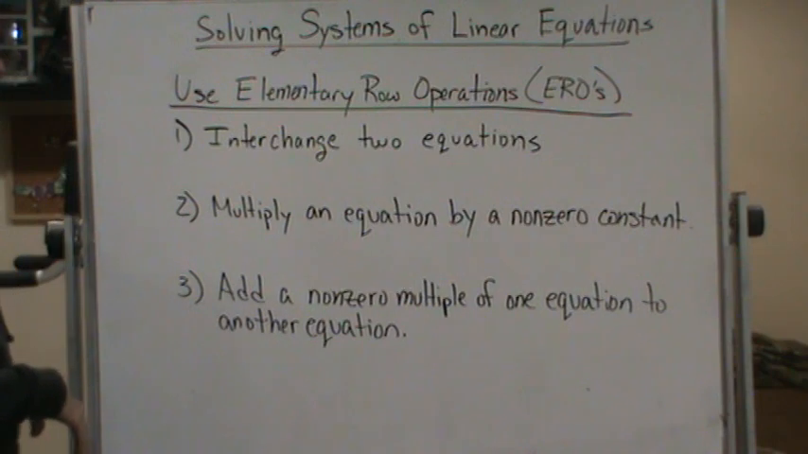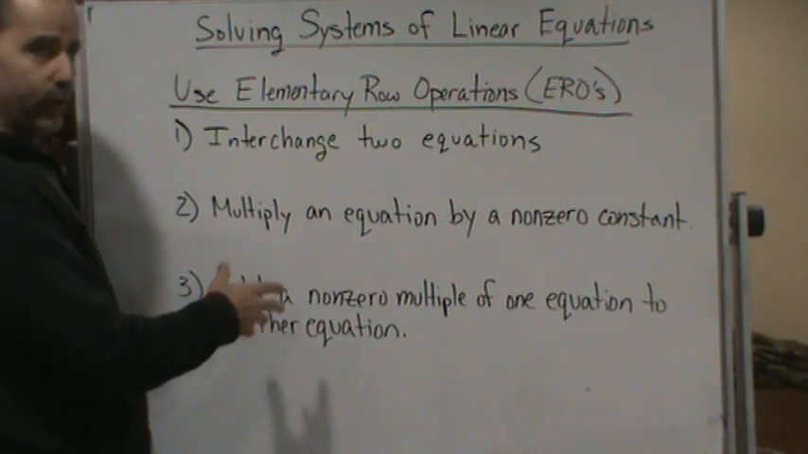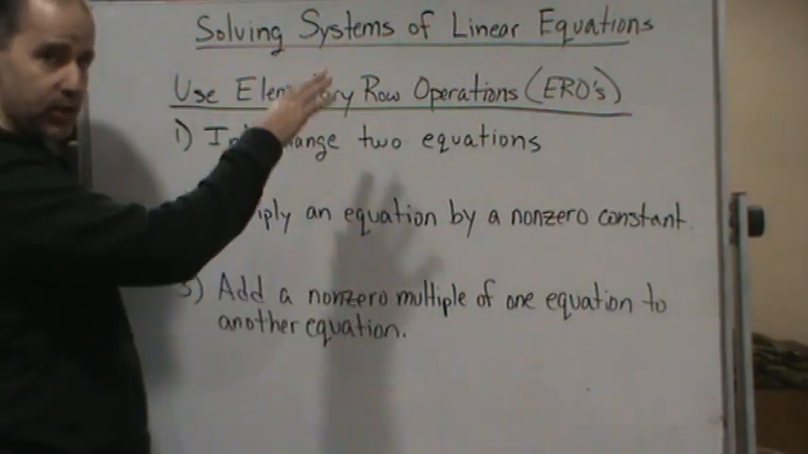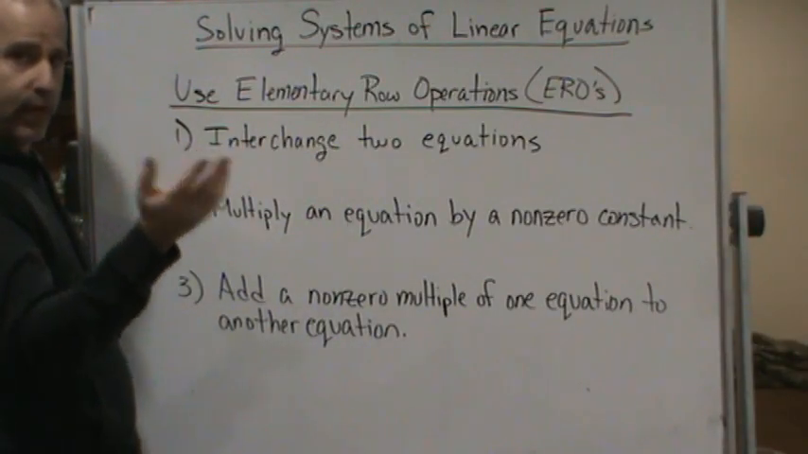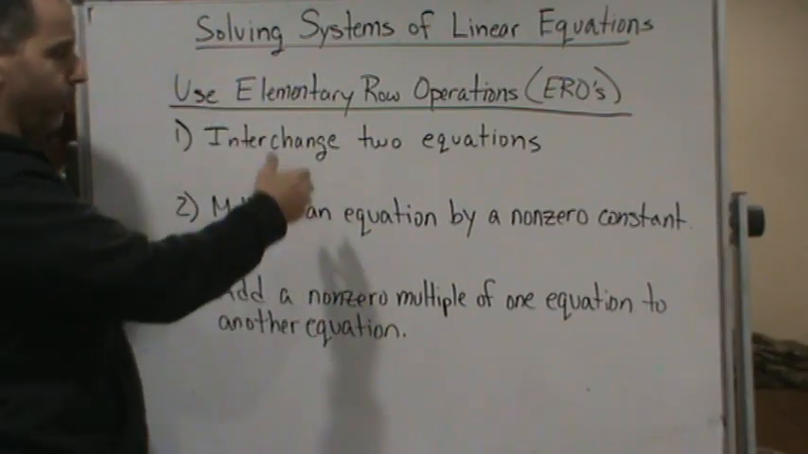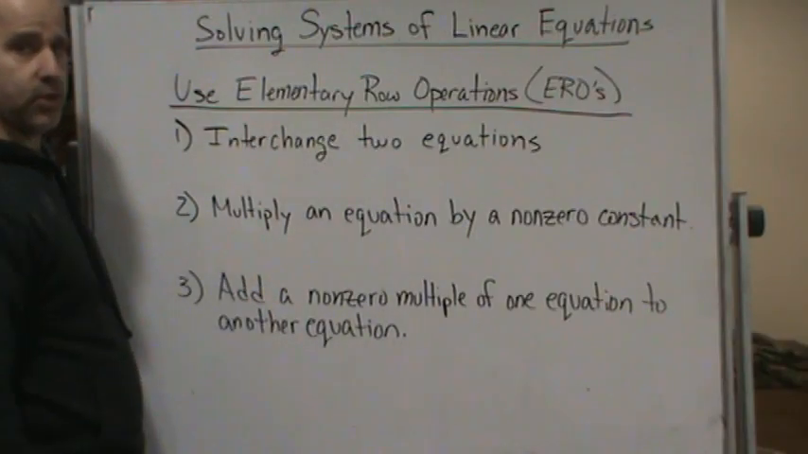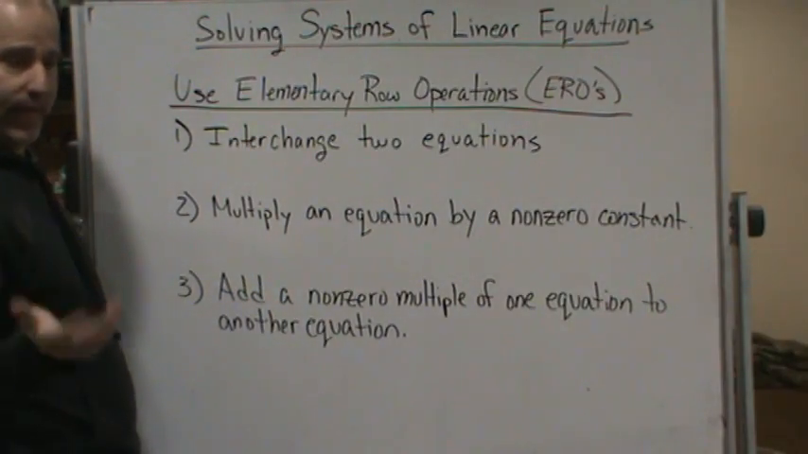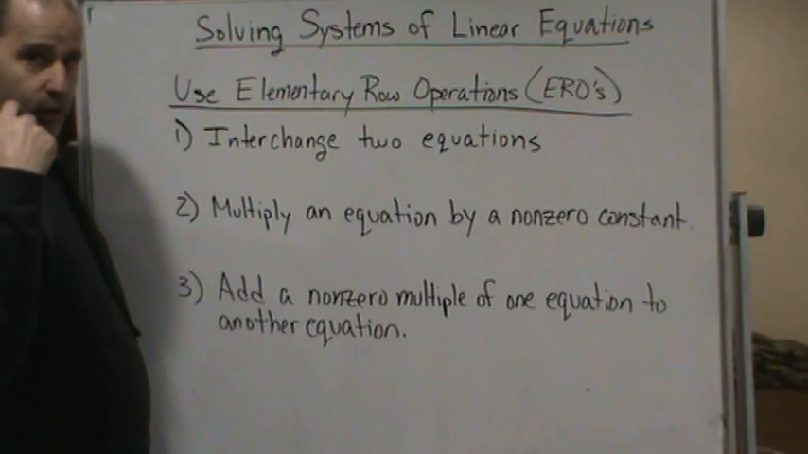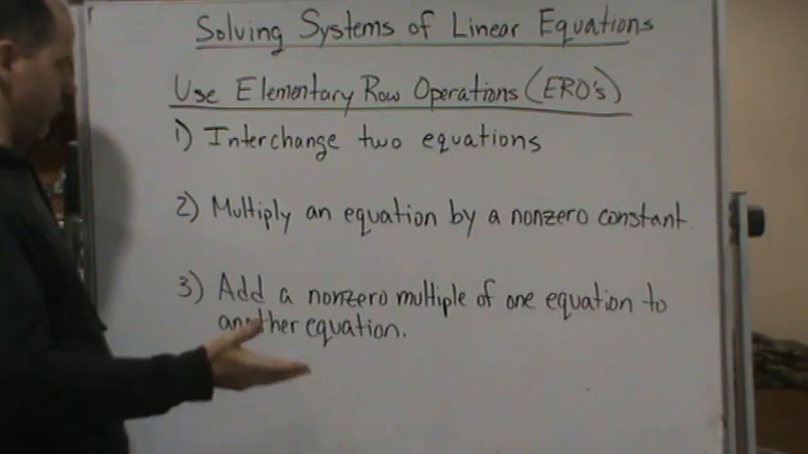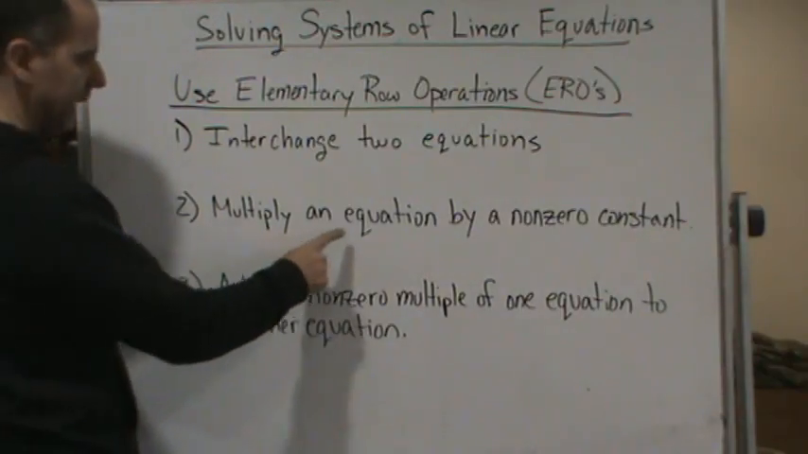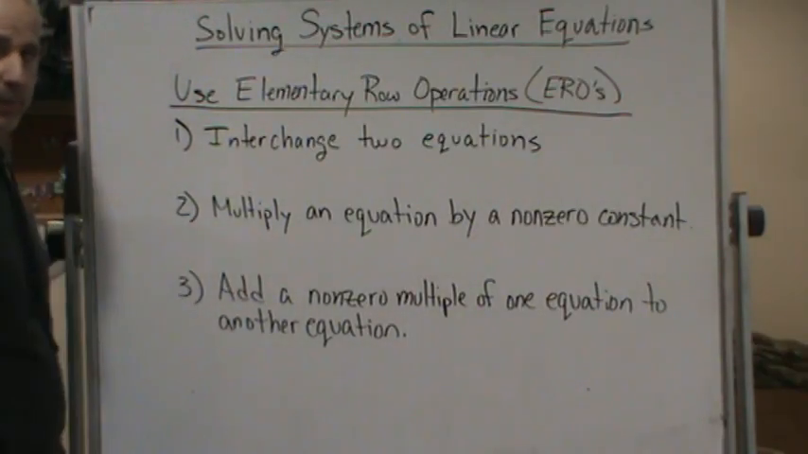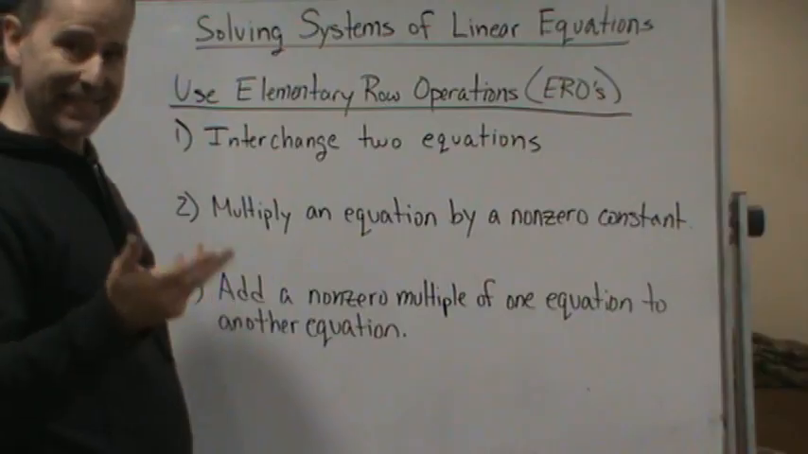We can interchange two equations. So if we have three equations with three unknowns, for example, we can change the order of the equations and that doesn't have any effect on the solution set for the system. So we can interchange two equations. We can also multiply an equation by a non-zero constant because it still represents the same line,